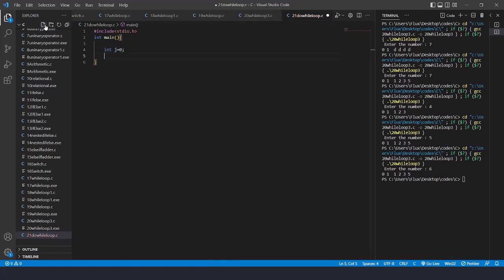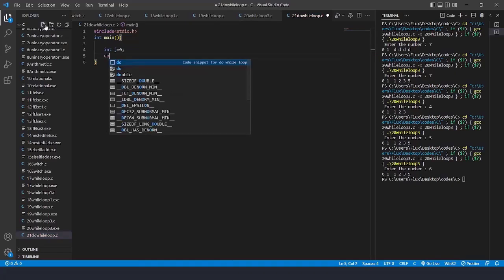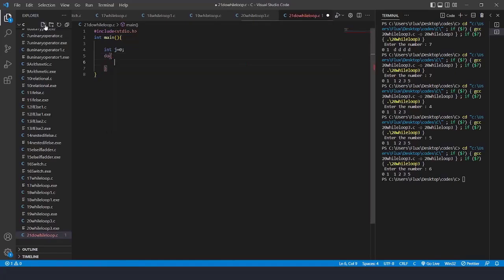Now do while loop, what is the syntax for that? For that we'll write do, and here we'll write the code block, and after that we'll write the while, and in while we'll write the condition here, and we'll end it with a semicolon. Alright, j is starting from 0. So here we'll write a printf statement. We're going to print that value